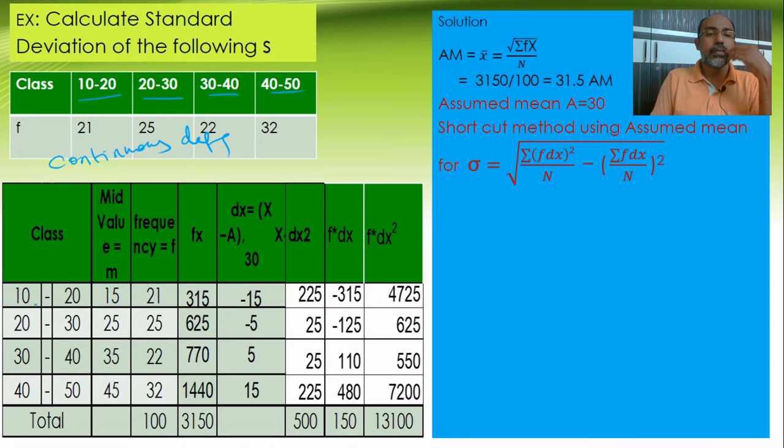Or simply you take it in between 10 and 20. What is the 50% value? It is the 15th. So 10, 15, 20. So 10 is the gap, hence you divide by 2, so 5. 10 plus 5 is 15, or 20 minus 5 is 15. You will get this one. So this is the middle value.